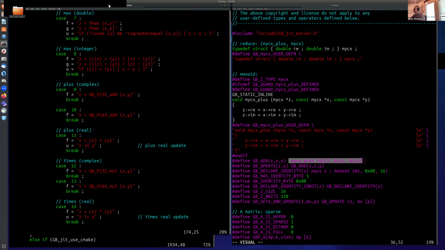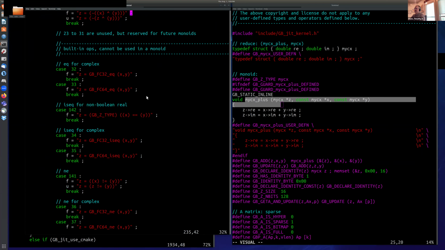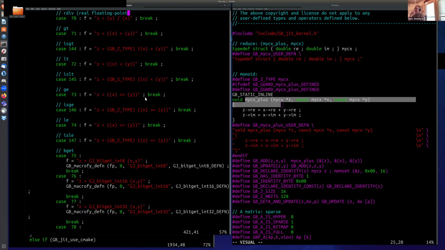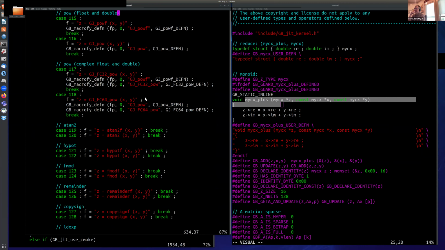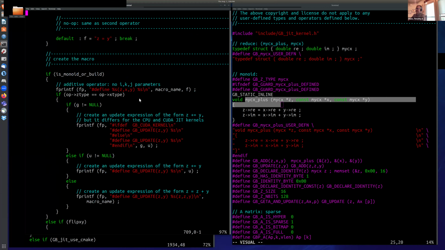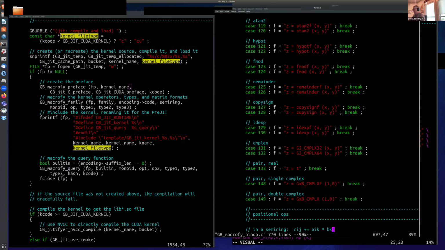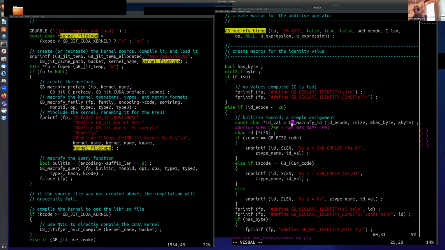And so this one doesn't have that, so it just has a call to the static inline function. But I have every built-in operator defined as a string. It's like I'm writing my own compiler here. The bits operations and the... I mean, there's a lot of them. So the macrofy monoid has to first macrofy the binary operator, and then it goes in and macrofies, say, for